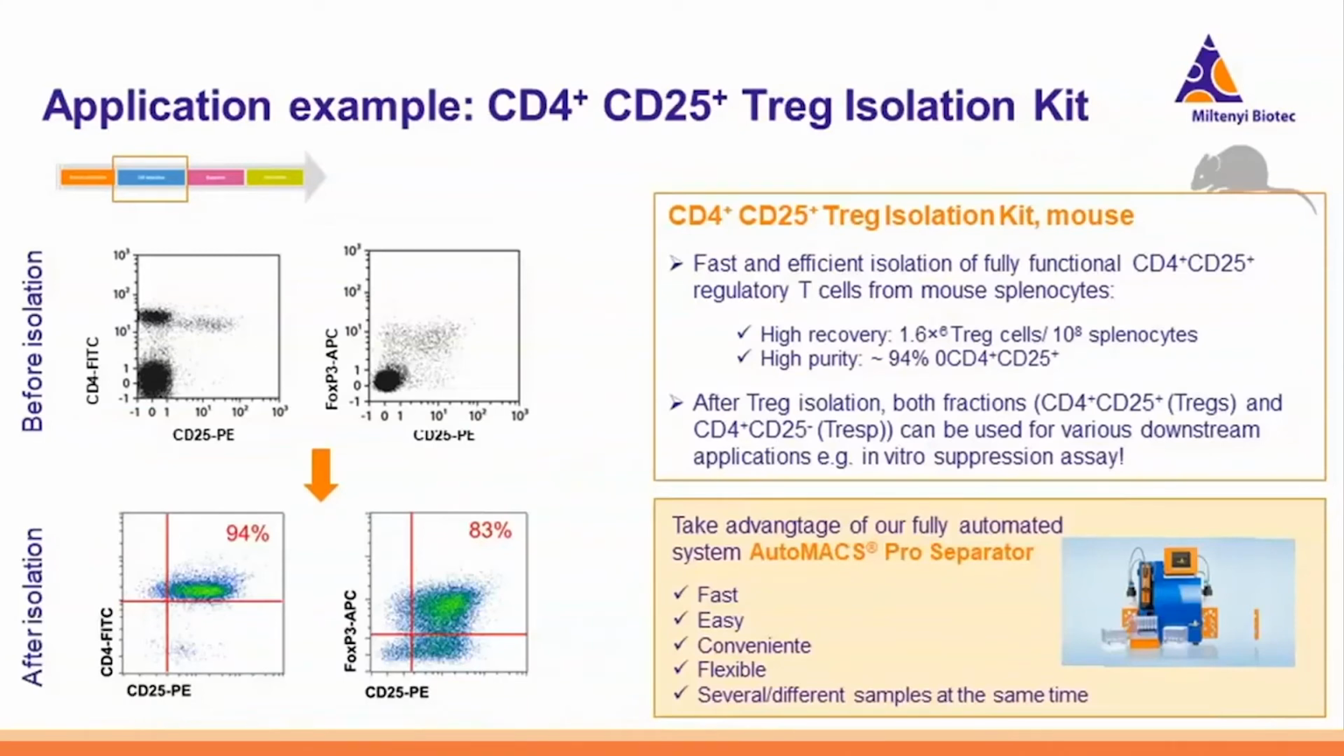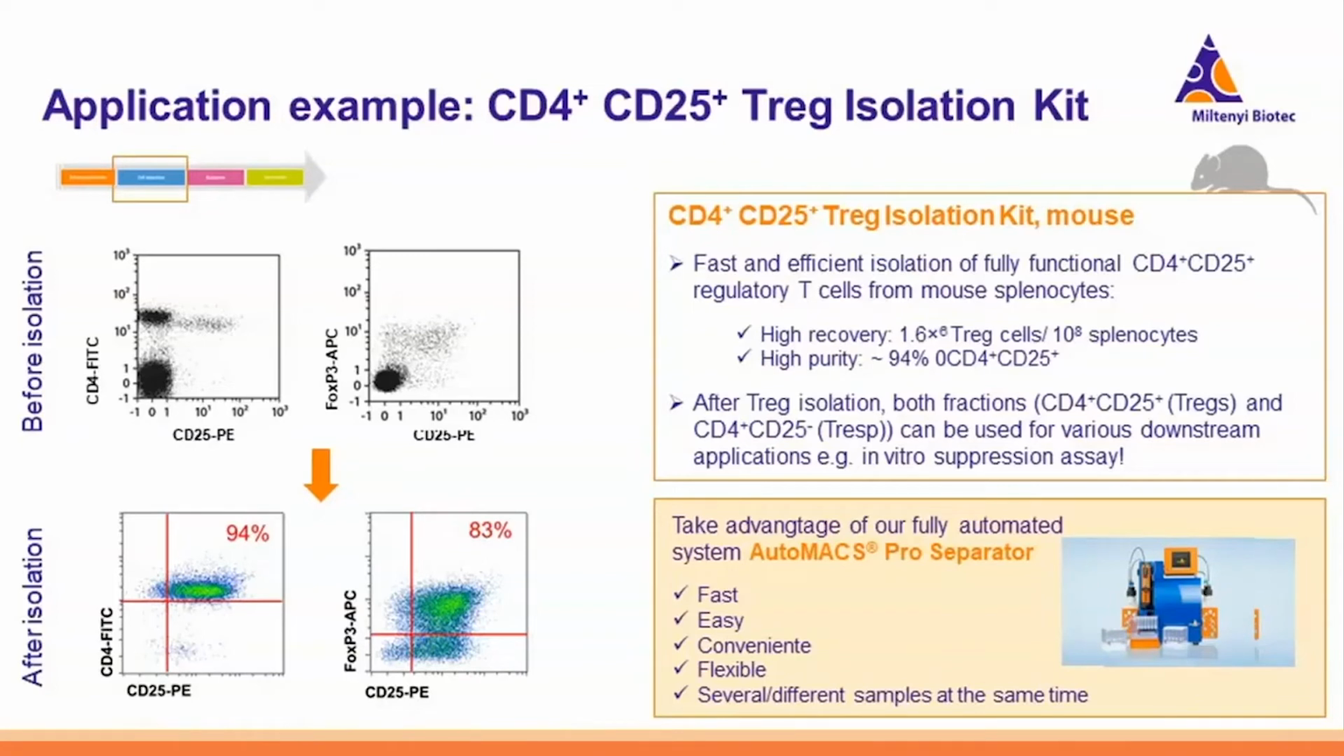Here, I would like to specifically mention the CD4, CD25 positive Treg isolation kit for mouse. This kit obeys the basic rule of our isolation kits, which is first depletion of the unwanted cells, here CD4 negative cells, and then positive selection of CD25 positive cells. And the final result is really great. You will reach high purity and recovery. In addition, this kit is